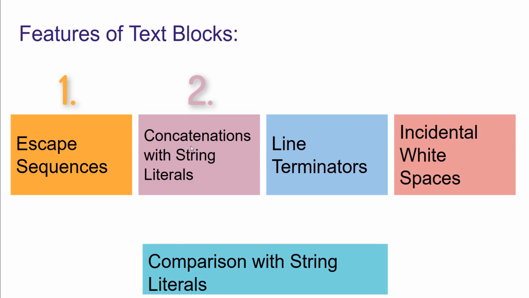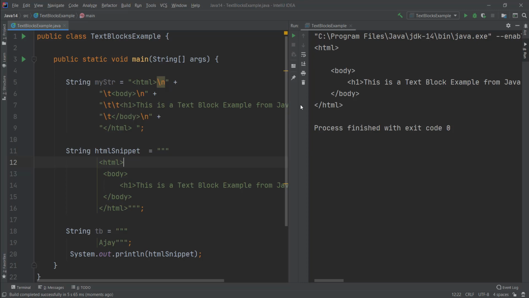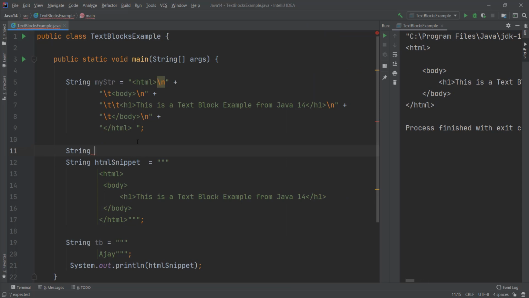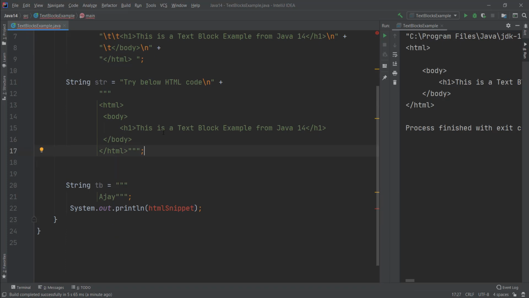The second thing is concatenation with string literals. A text block can be used alongside normal strings, and you can use it with concatenation. You can see that this is a normal string in double quotes, and this is our text block.